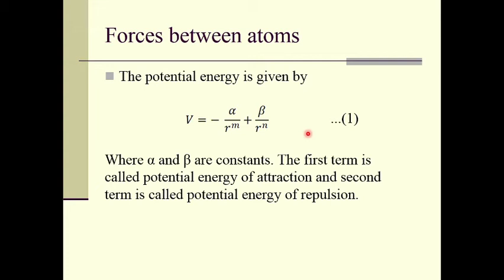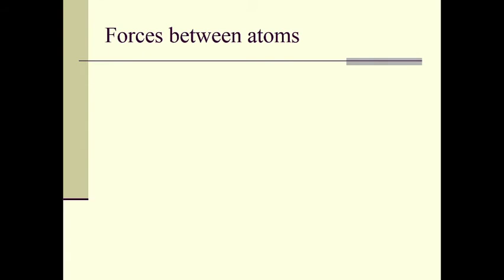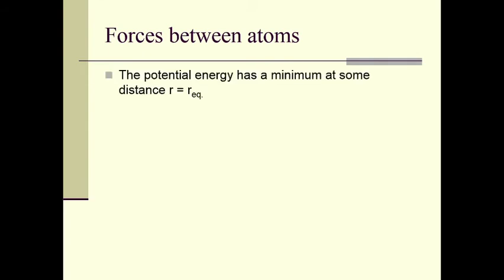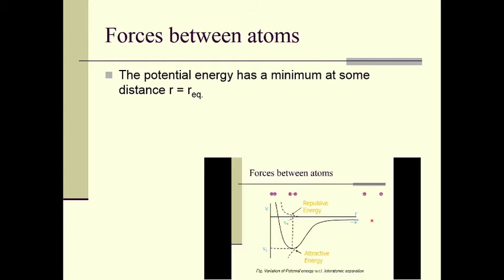When attraction is there, the energy is negative; when repulsion is there, energy is positive. These are two terms to remember. Therefore, the potential energy has a minimum at some distance R equal to R equilibrium, that we have seen in the diagram,